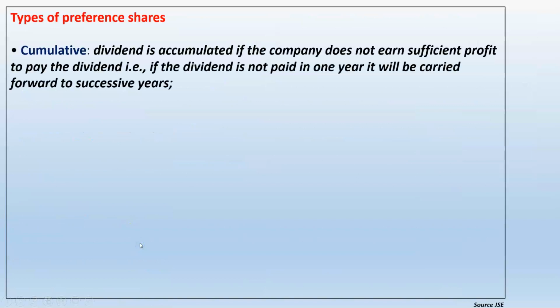Right, what types of preference shares do we get? The first one and the most common one is a cumulative preference share. Now that means that that dividend is accumulated even if the company does not have enough profit to declare a